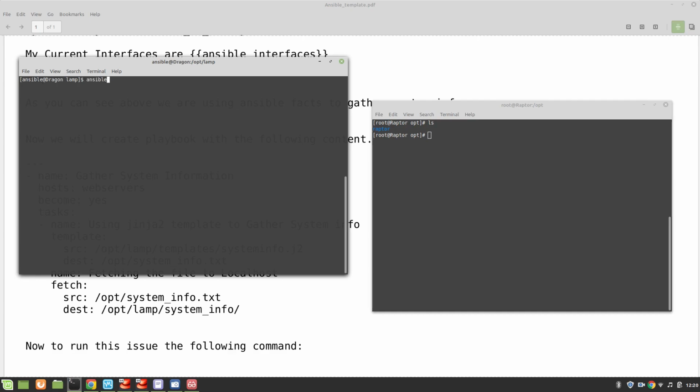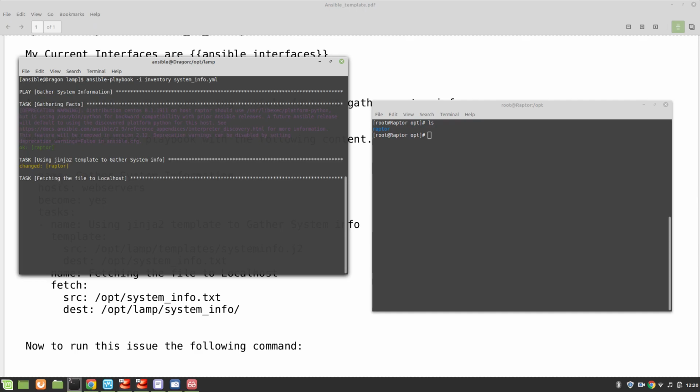And to run this, ansible-playbook, and we are going to use inventory, and the playbook is system_info.yaml. Press enter, and it's running, and you can see it's gathering fact and task using Jinja template to gather